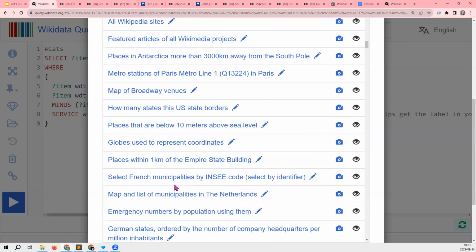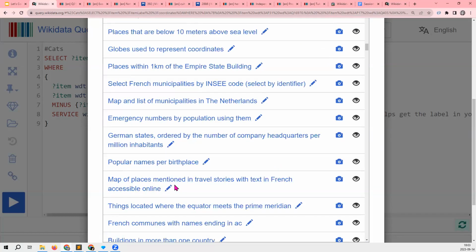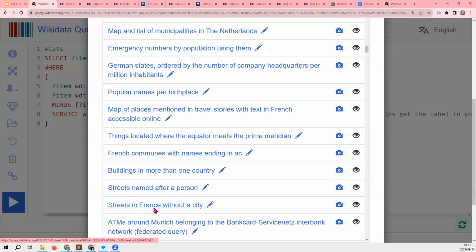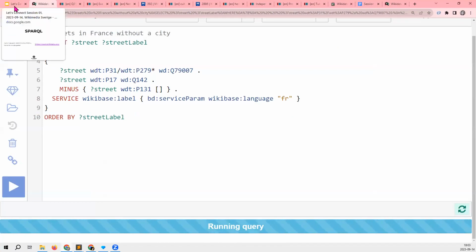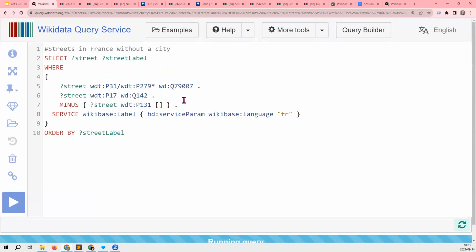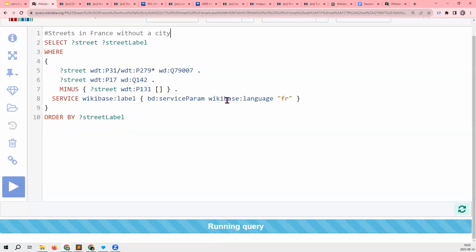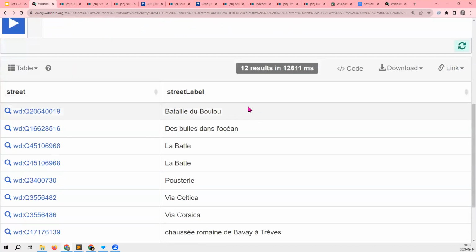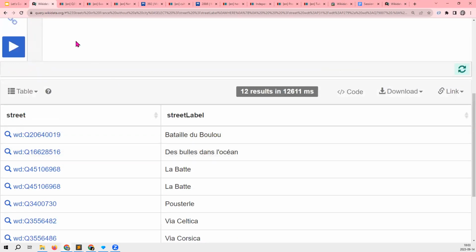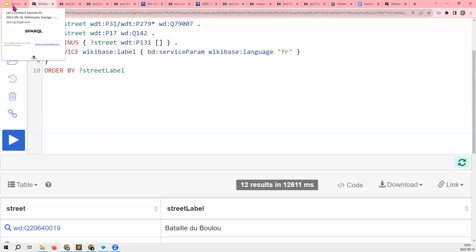So look at these examples and modify them, change country, change statement, and try to find things that are interesting. I just very quickly started a query to find streets in France that do not have a city. So this is a very good, just a couple, only 12, also something to quickly work through and improve.